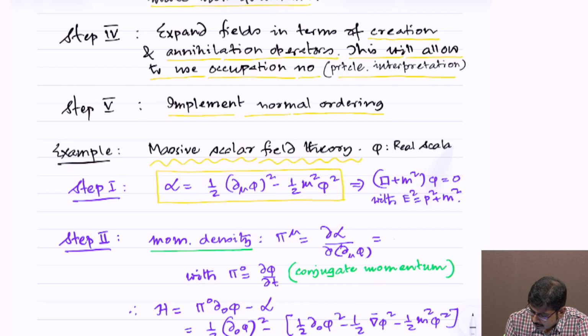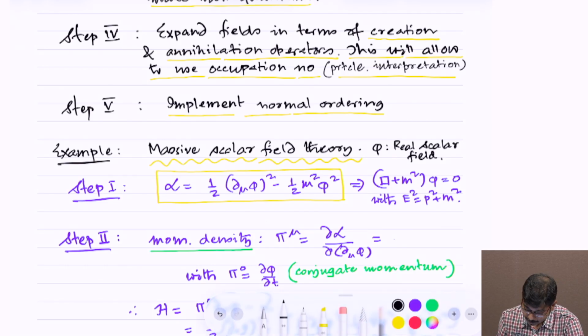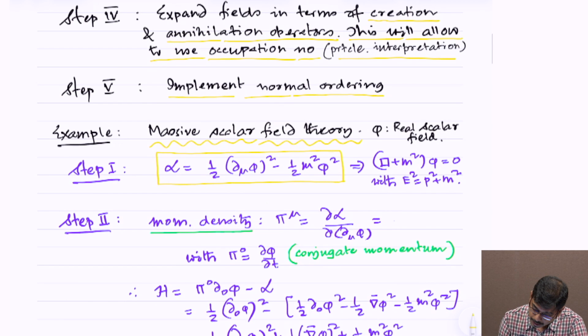So, real scalar field, and the Lagrangian that we write is half of (∂_μ φ)² minus half m² φ². Now, what exactly does it do? When you write the Euler-Lagrange equation of motion for this Lagrangian, it turns out to be what you call the Klein-Gordon equation, (□ + m²)φ = 0, and you also adhere to the energy-momentum relation, E² = p² + m². So, this is basically your Klein-Gordon equation,